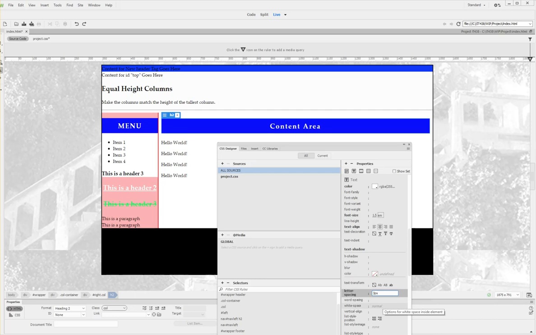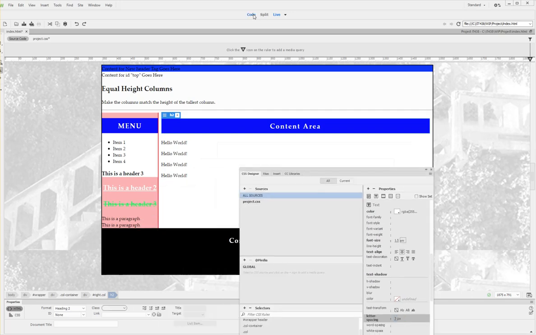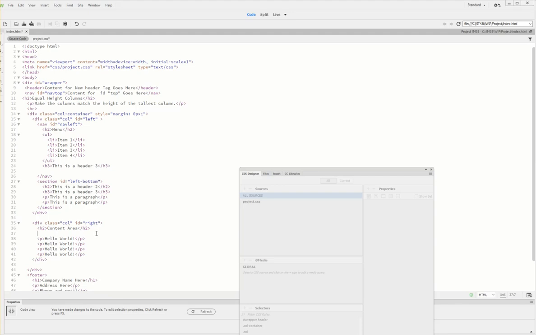And let's put 3. So that looks a little bit nicer. So again, it's just a matter of taste. Let's go back into code view, and let's add a div. So we'll click over here, get rid of all these hello worlds, and we're going to go to insert and